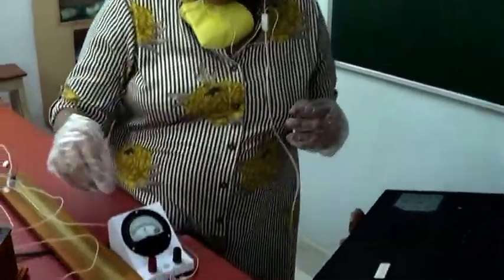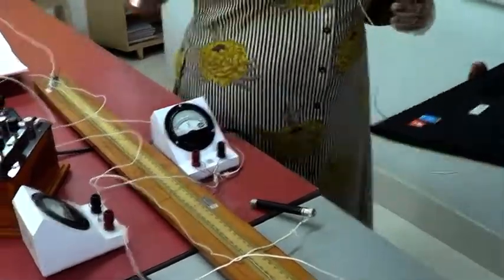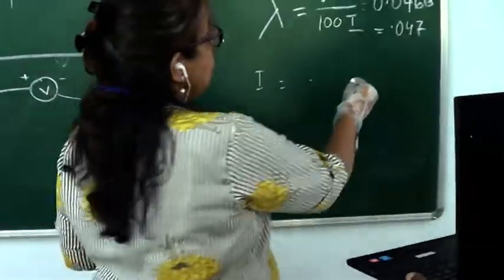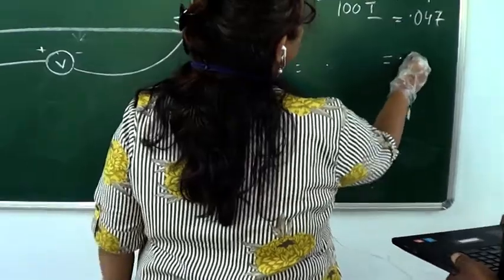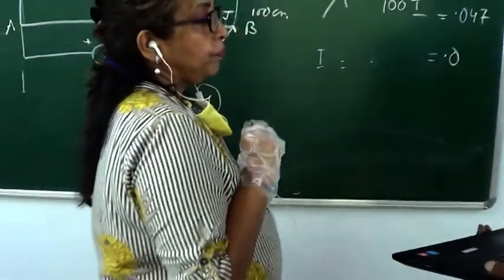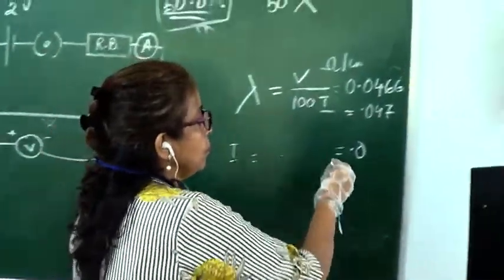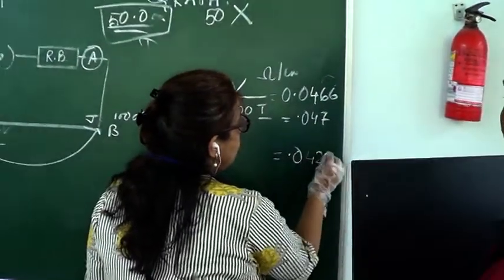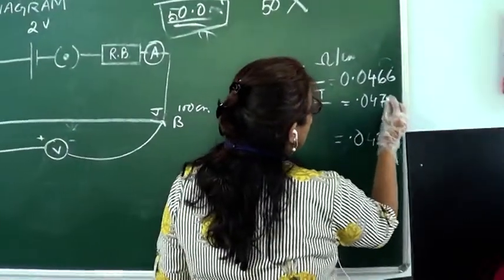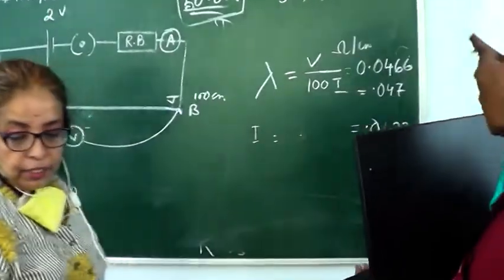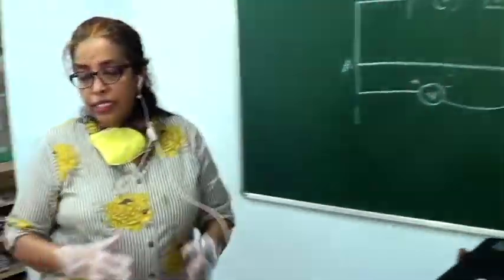What is lambda coming as? Tell me the lambda value. I am writing it down. The next reading. What is the next value of lambda? Tell me. Coming as 0.0, how much? 0.0423. Write it down. Those who are lazy, not doing any calculation, but I must get the table in the proper way. Next one you write it down.